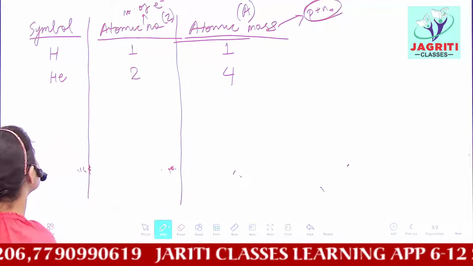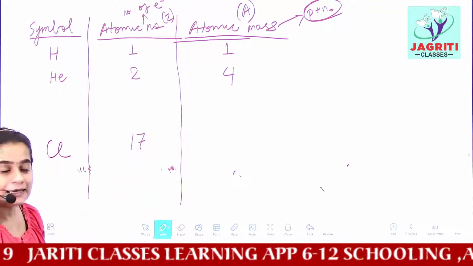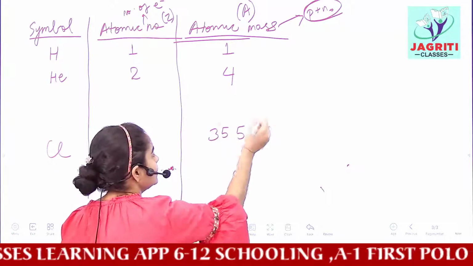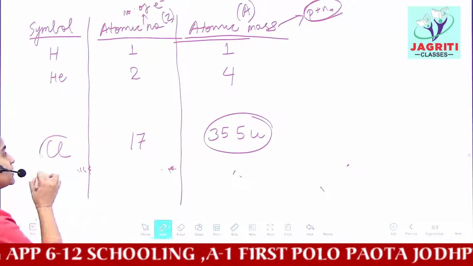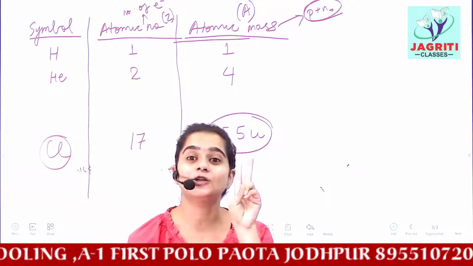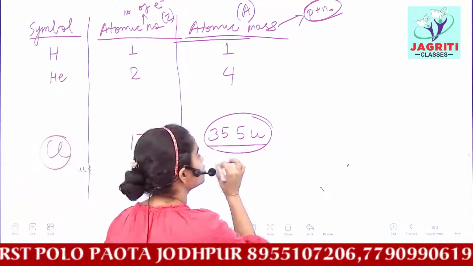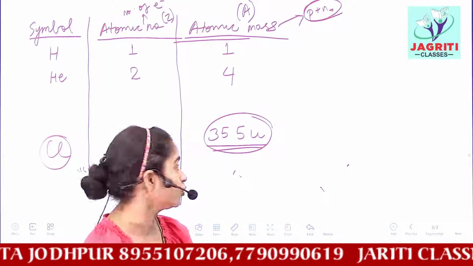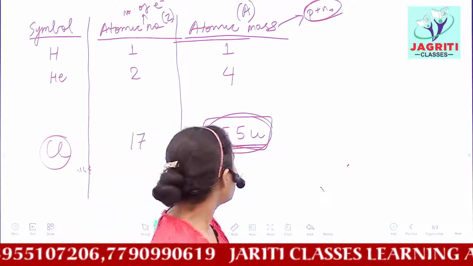There you will observe that the atom chlorine, which has an atomic number of 17, has an atomic mass of 35.5. The reason why its atomic mass is 35.5 is that chlorine has two isotopes. Like we discussed in the previous class that carbon had two isotopes, C12 and C13. So this chlorine atom also has two isotopes, and if we find the average of the mass of both the isotopes, then you get the average atomic mass as 35.5.